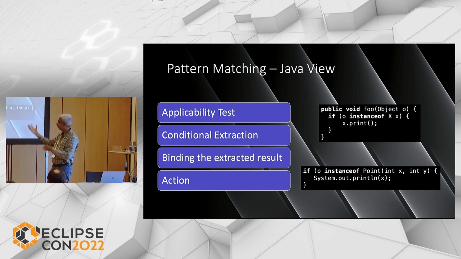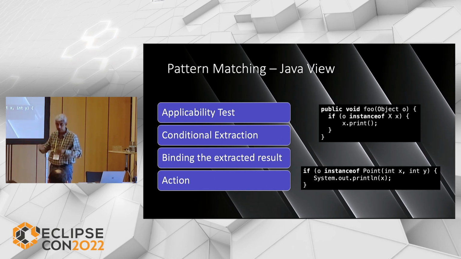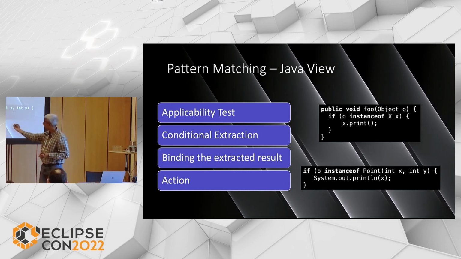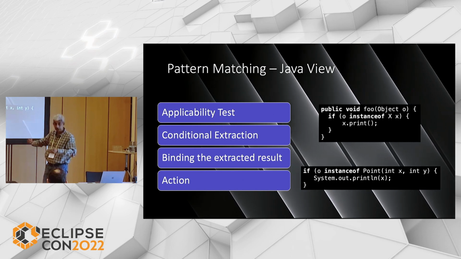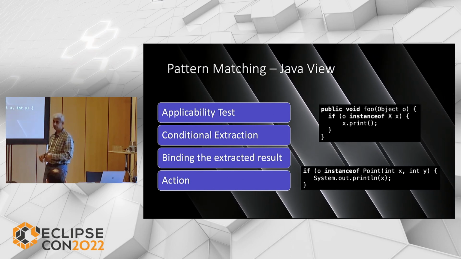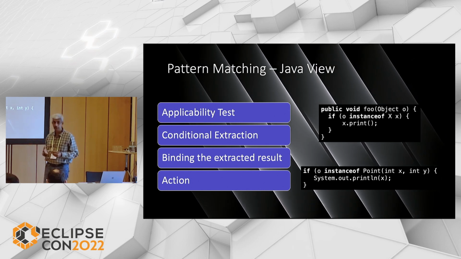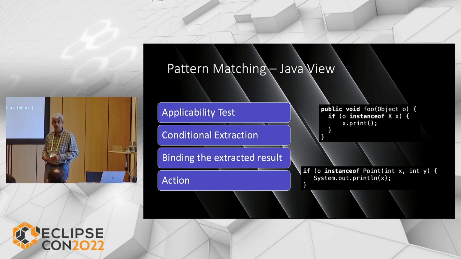So there is a cast that happens internally to Point, and then these variables are extracted out. So it's not the Point that gets extracted out, it's this x that is something one level deeper that gets extracted out. And I just want to show how the extraction is more explicit in such a pattern.